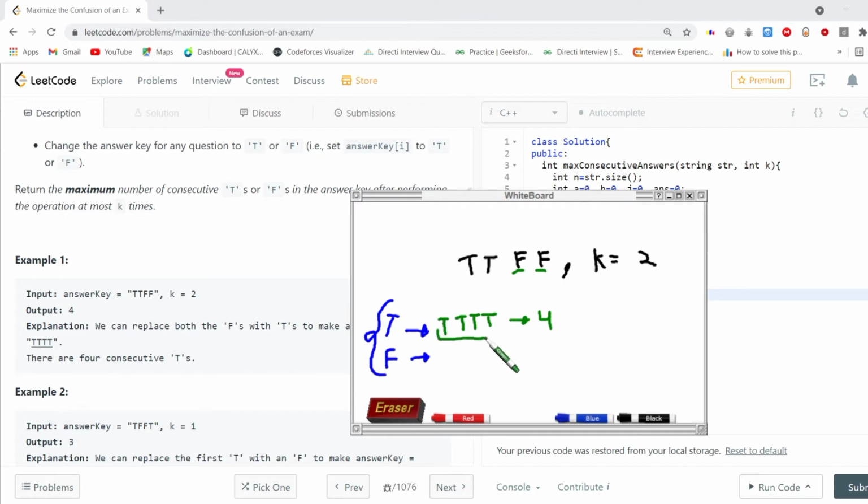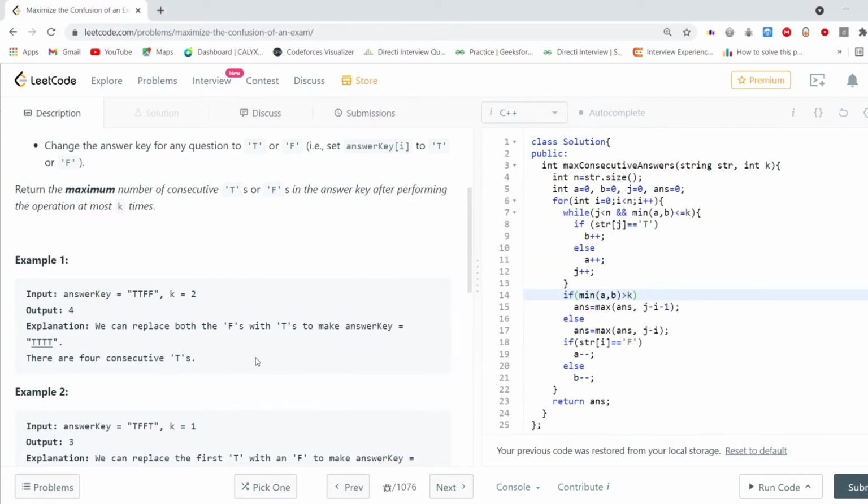Or we can change both these T's to F, so that we get F, F, F, F. This length is also 4, and the max of both values is 4. So here the answer is 4.